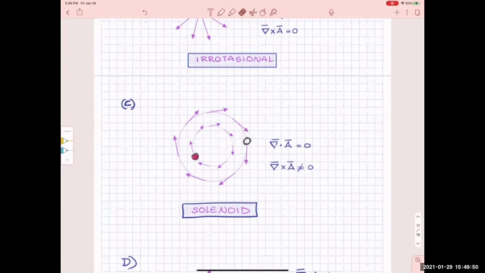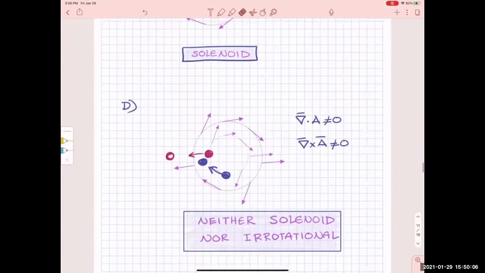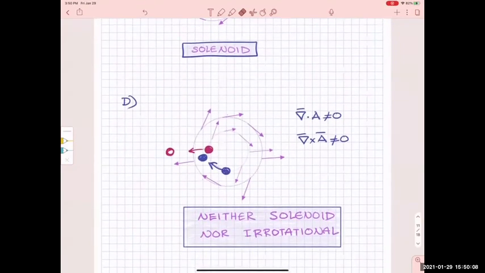As an example, which field do you think is a solenoid? The magnetic field from an infinite wire. Think about it, okay? And the last thing, when you have a field where both the divergence is not zero and the curl is not zero, so it's not a solenoid and it's rotational,